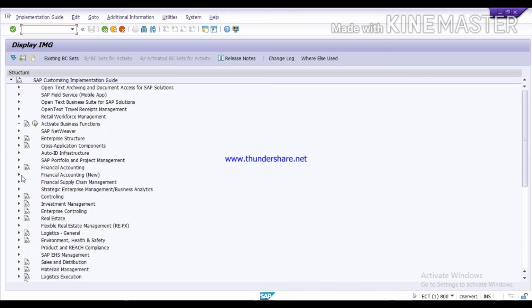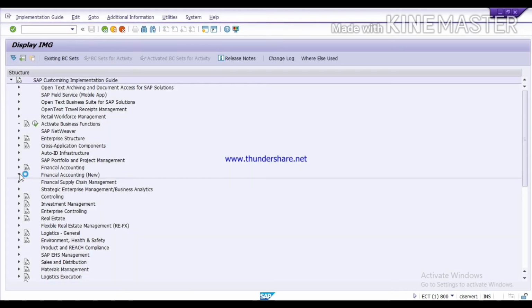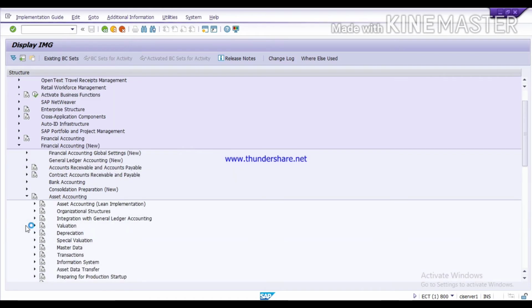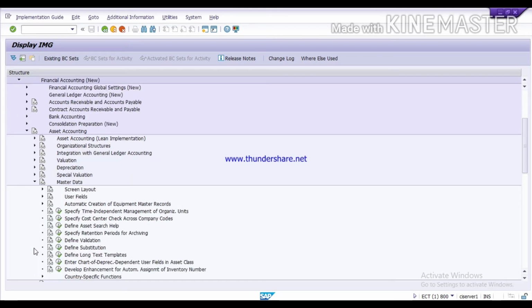Then click on Financial Accounting (New). Then click on Asset Accounting. Here you will see the Master Data. Click on it. In Master Data, you will see this first option, Screen Layout. Click here.